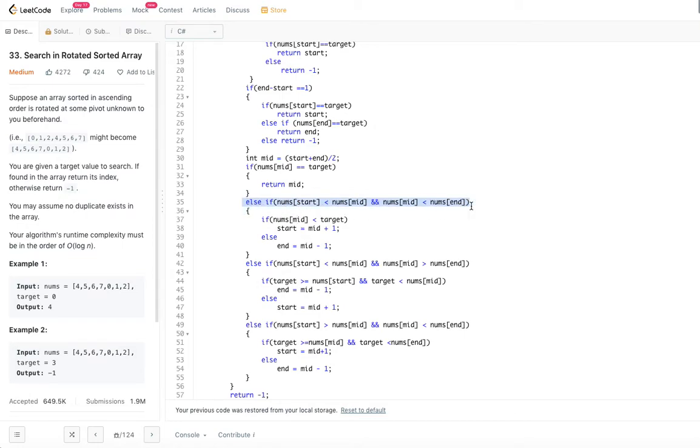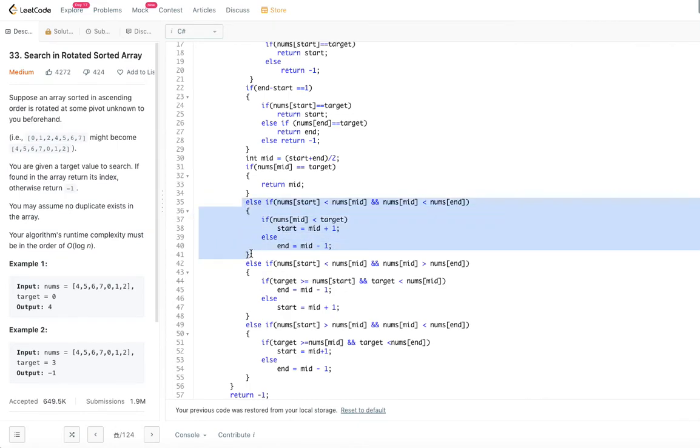This is a sorted array. And if mid is less than target, you do start is equal to mid plus 1, and if mid is greater than target, you do the end is equal to mid minus 1. So this one is also the same as binary search, if you look back. The only thing is, there we had two else if and else, and we combined all of them into just one here. So we combined all of them.